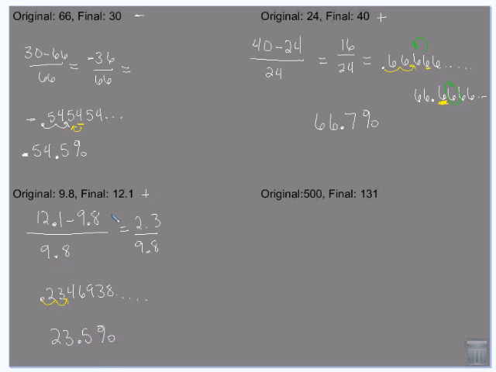So 23.5%. 500 to 131, that's a decrease, so it's negative. So I got negative 369 over 500, which is going to give me negative 0.738. So my percentage